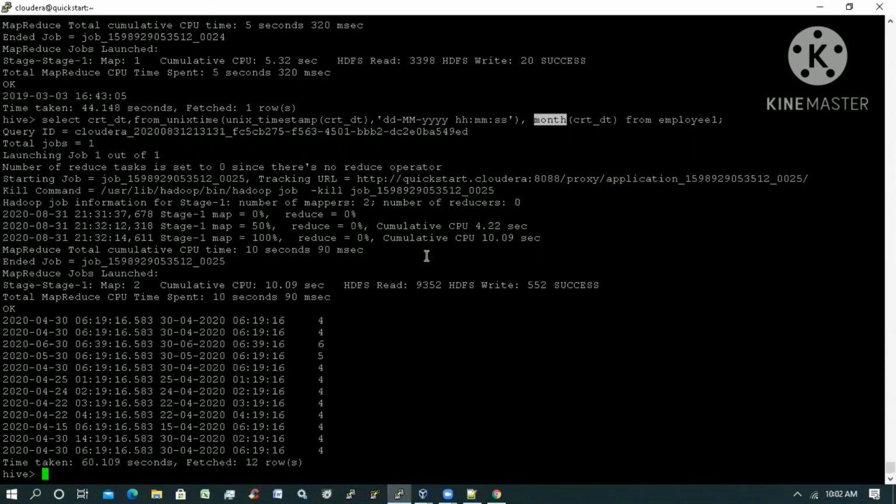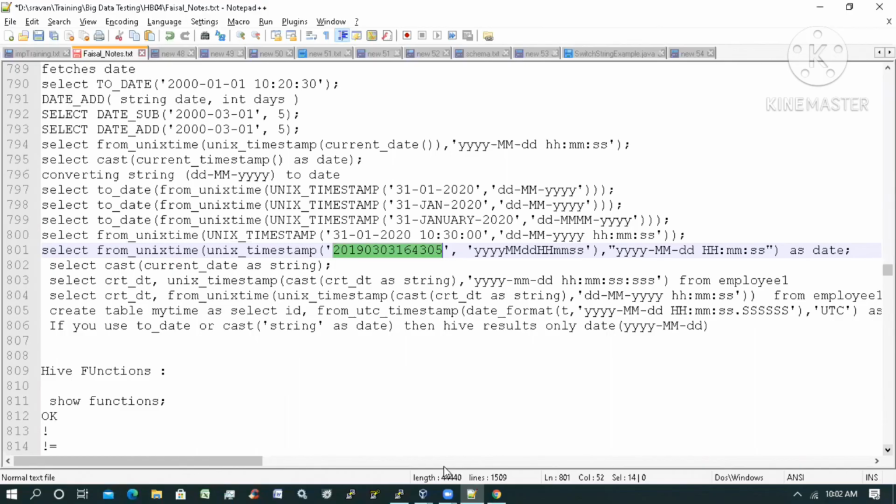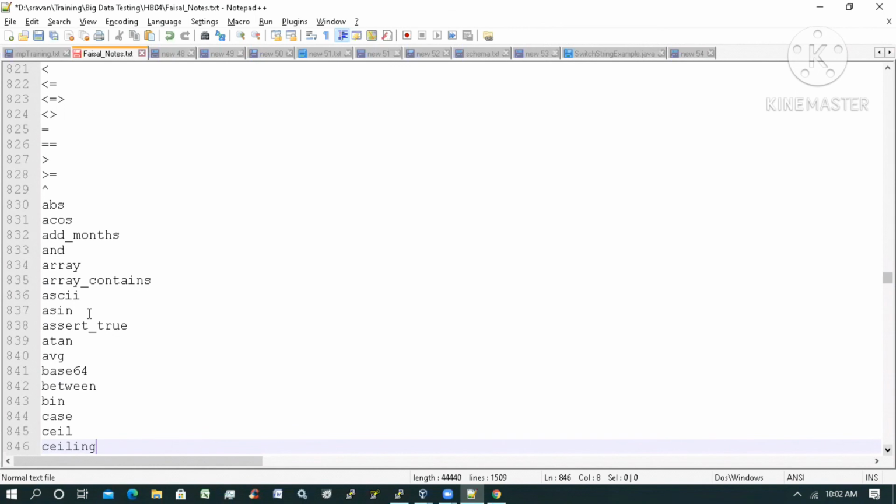Okay, guys, see here, this is the fourth month. It cuts it and gives the value. Clear, right, guys? Do you have any queries? You can ask me here. I will share these notes, and you can go through what all the functions are. If you need more info on anything, just let me know.